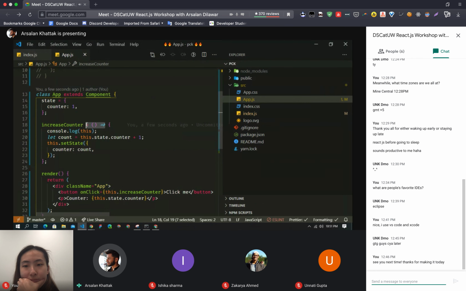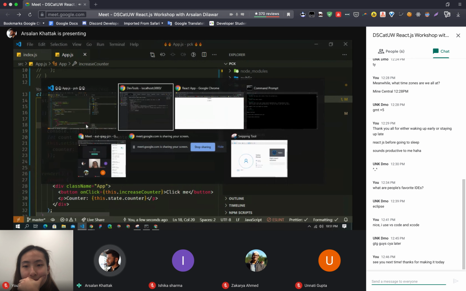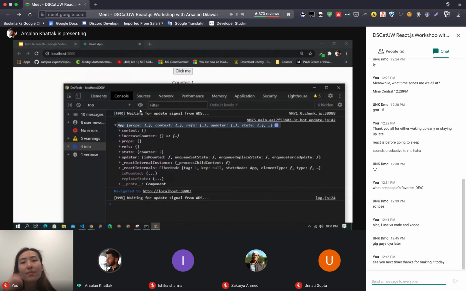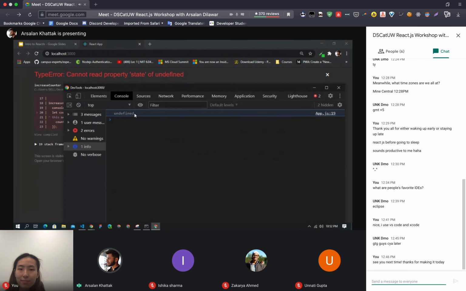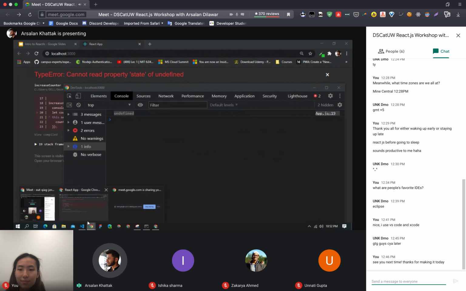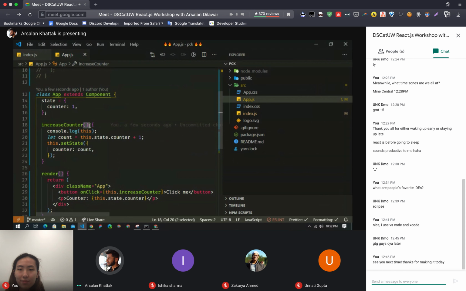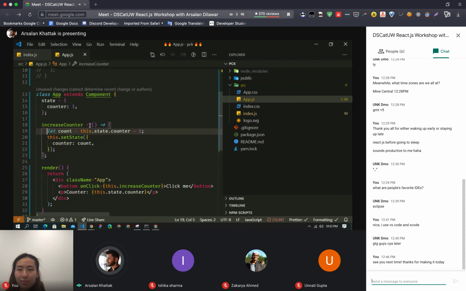But if I switch back to the previous method and refresh, and now try to tap on Click Me, it says undefined, because we are using this function. That is not how you are supposed to do it. You need to use these functions, which are ES6 functions.